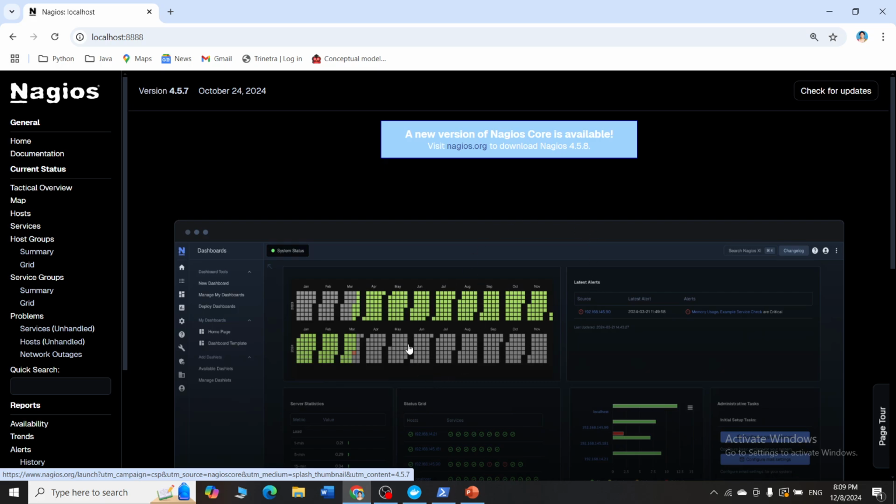In it, you have the system status on the top. The green box indicates that everything is working fine. If you are having some red or yellow boxes, it means that there is some problem or warning here. Okay, so you can see all these boxes here, right?